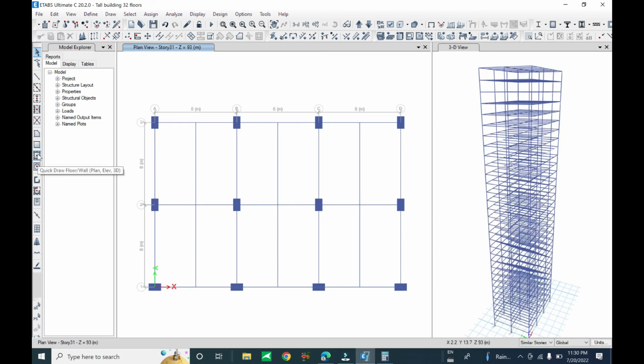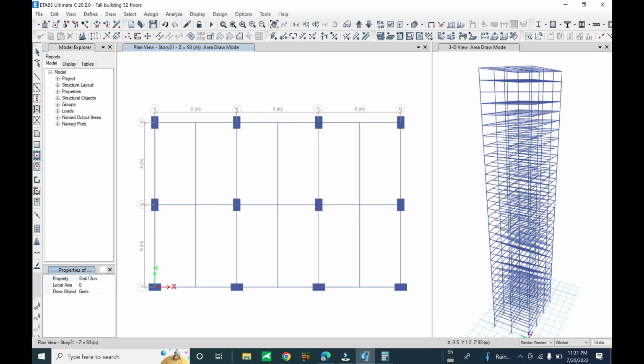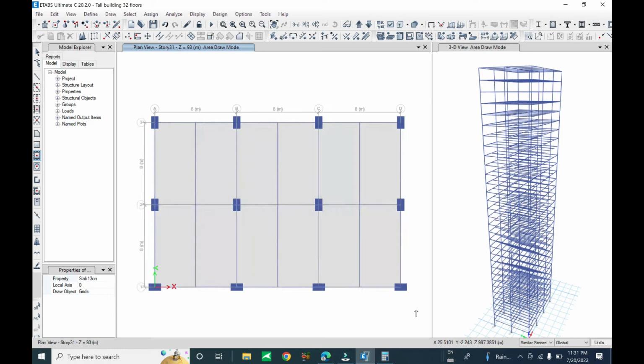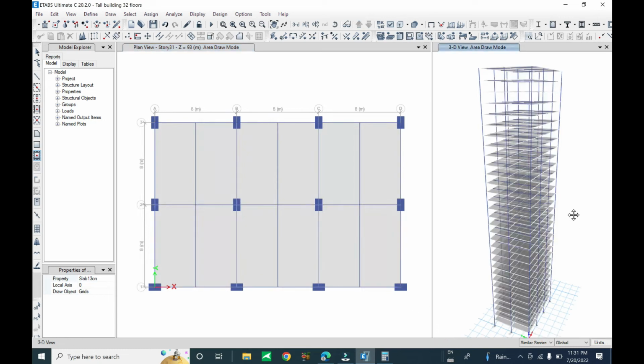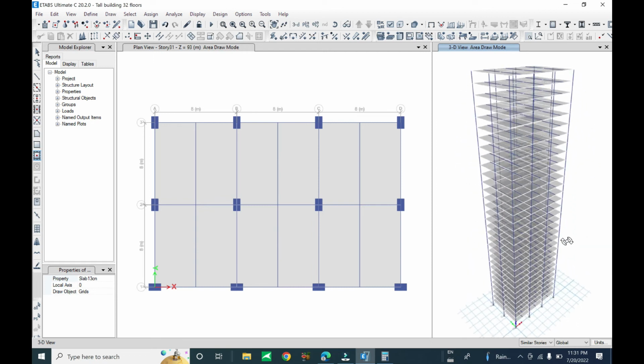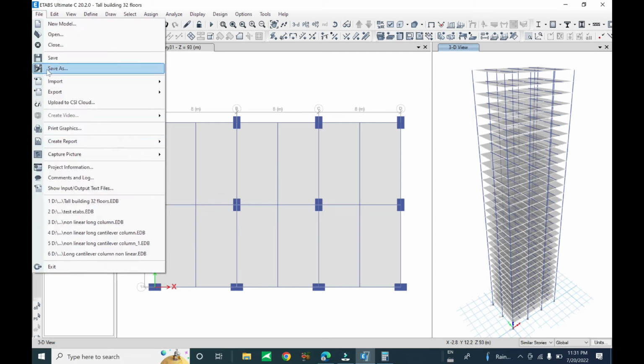And this one we use the quick draw floor or wall. Click on the quick draw floor, and the property you can change it to 13 centimeter. Okay, use the window select. Now let's check for the other view. For the perspective view, it also update. Okay, this is how you can draw the component in Etabs. Save it,